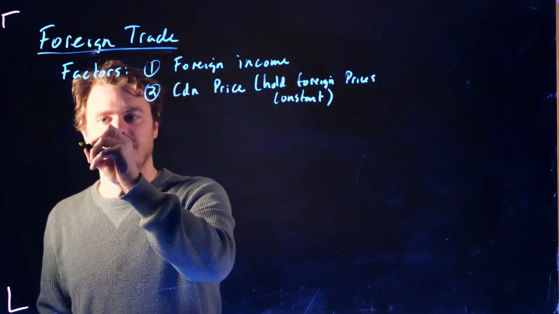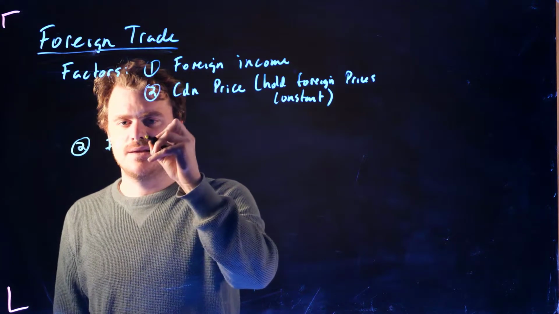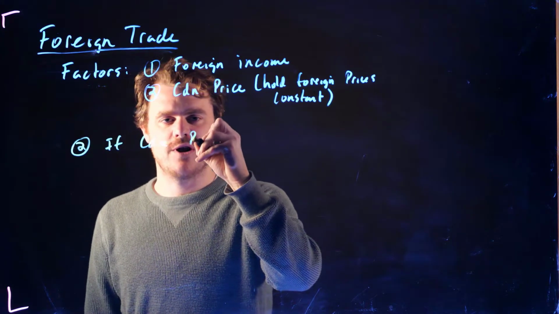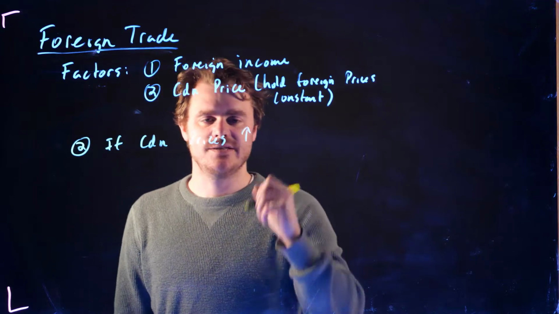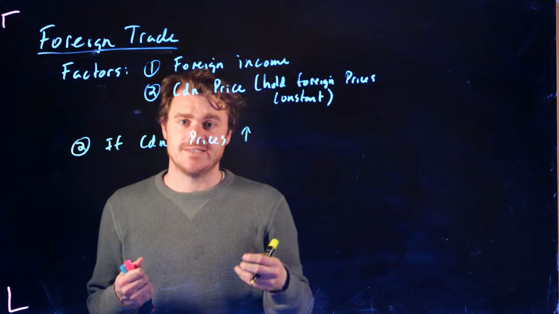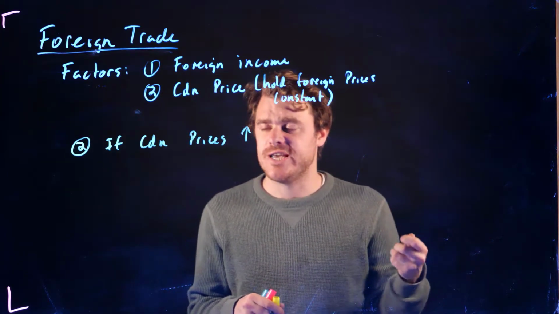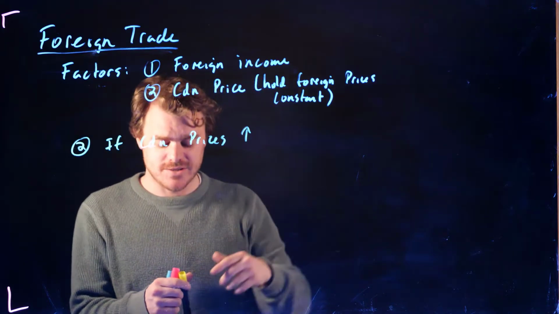So if Canadian prices increased, in a relative sense, if the Canadian dollar appreciated in value in terms of the exchange rate, or for whatever reason Canadian prices went up,